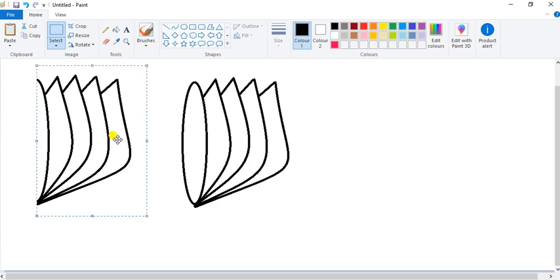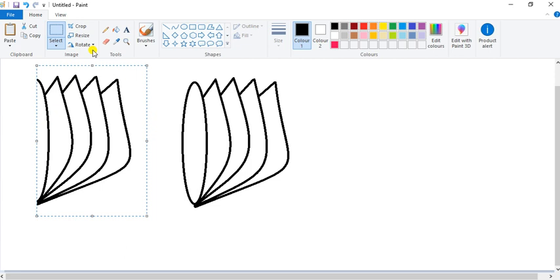Okay. Now same part, we want mirror image of the same part. So what you can do here? Go to rotate in image group. Can you see this rotate option? We want to flip this image horizontally. Okay.